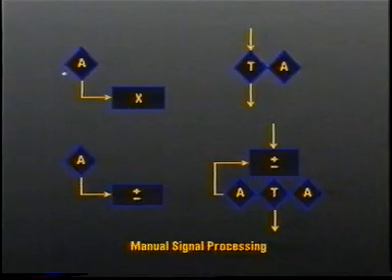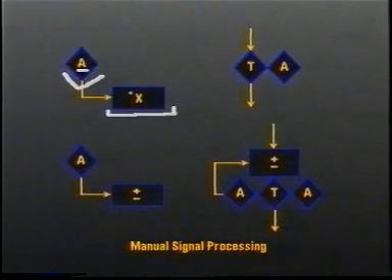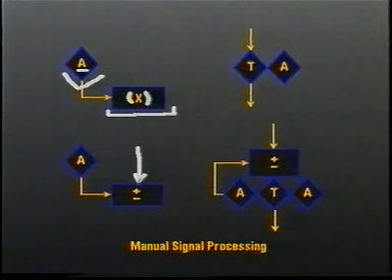Here we have a diamond which represents manual signal processing. The letter A indicates that the signal is analog. The rectangle or square represents automatic signal processing, in this case, multiplication. In other words, this is a manually input signal to a microprocessor or analog processor which automatically multiplies the input by some factor. If the multiplication sign in the rectangle is changed to a plus or minus sign, the indication is that we have a manually input signal to a microprocessor which performs a bias function between two valves, for